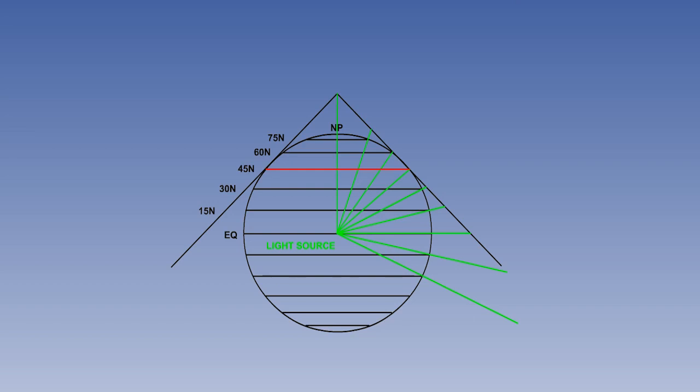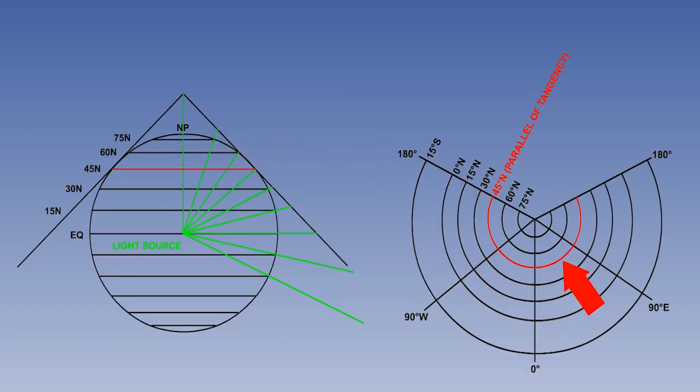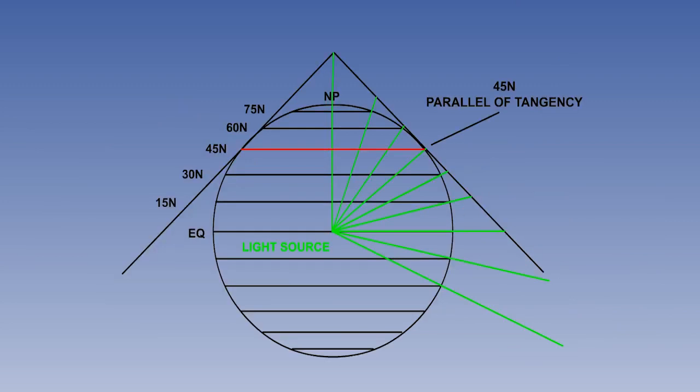Now we're going to look at how scale changes. On the simple conic projection, the scale is correct at the parallel of tangency. The paper touches the reduced Earth at this point. However, it expands away from this point rather rapidly. Lambert modified the simple conic cone in order to reduce the rate of scale change. Instead of doing this,